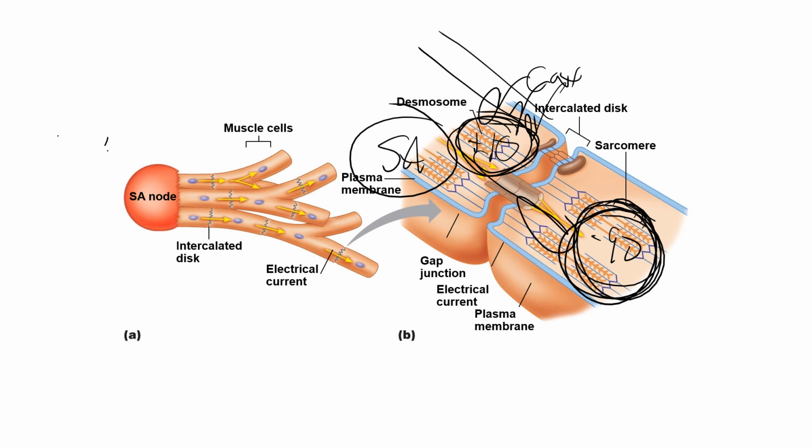What's over in the SA node fiber right now? A whole bunch of positively charged calcium ions creating a wave of positivity. So these calcium ions that are creating this wave of positivity, since they're positive, are going to get pulled towards areas that are negative due to the strong negative electrical driving force pulling them in that direction. There's also a diffusion gradient, right? The calcium concentration is higher right now over in the SA node fiber than it is over in